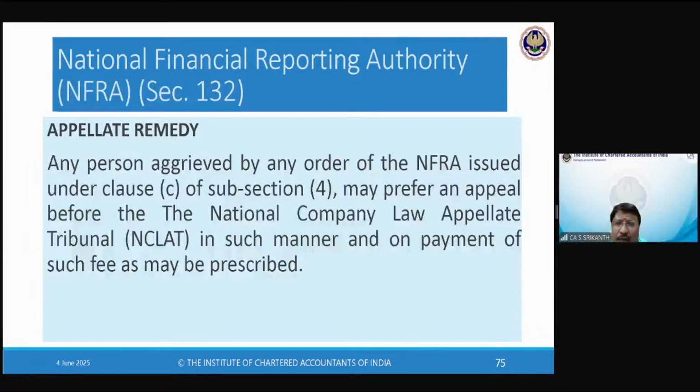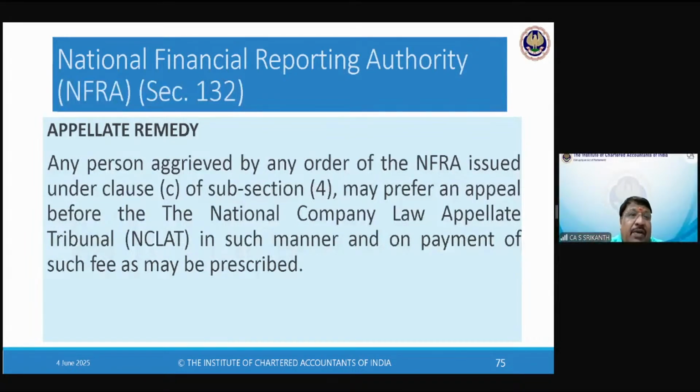There can be no action of the state for which there can be no appellate remedy. Suppose there is any law which has not provided for appellate remedy, then I can go for a writ jurisdiction. That is when the writ jurisdiction starts. When there is no appellate remedy, when the law is harsh, when the government has taken an adverse decision which is affecting me or my fundamental rights or a substantial group of people, then I have to go for a writ. But within the framework, if any appellate remedy is there, I have to explore that.